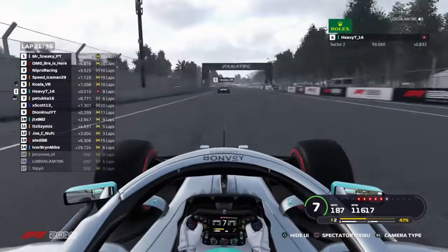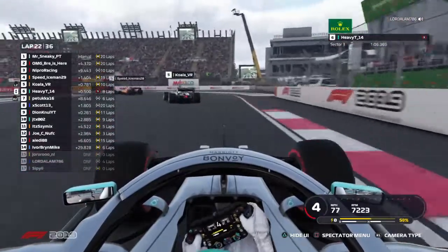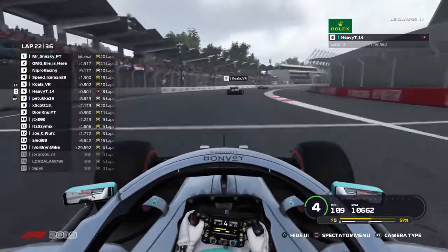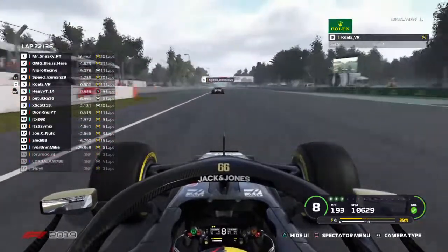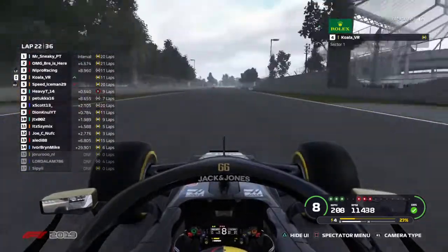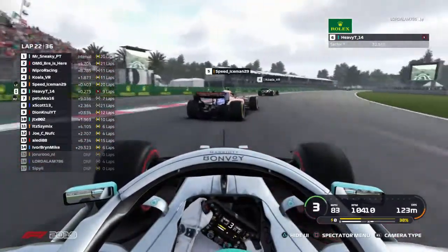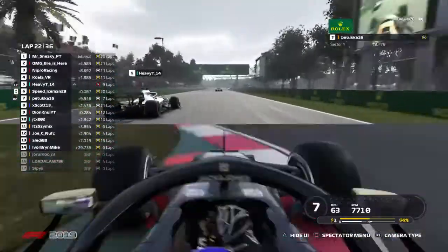Heavy T gonna try and come back at Koala. Koala 6 tenths behind Iceman. There we go, Koala getting the move done. Heavy T not going to be able to get the move done. Is he going to be close enough to get it done in the second DRS straight? He gets a good exit. Wow, very, very good exit. Slingshotting past. Oh, that seems a bit close there between